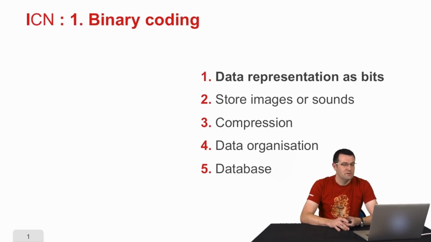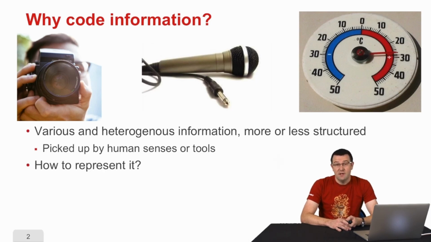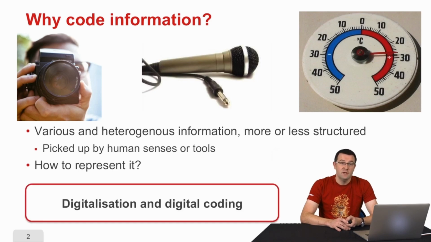There is a lot of information around us. It can be pictures, sounds, noises, temperature, how much money is in our wallet, our age, dates, etc. Lots of different things, very different things, more or less structured, that will be received either by our human senses or by tools. The question is, how can that information be represented so that it can be stored in a computer? To do that, it will be digitalized, digitally coded, which means translating it into numbers that will then be